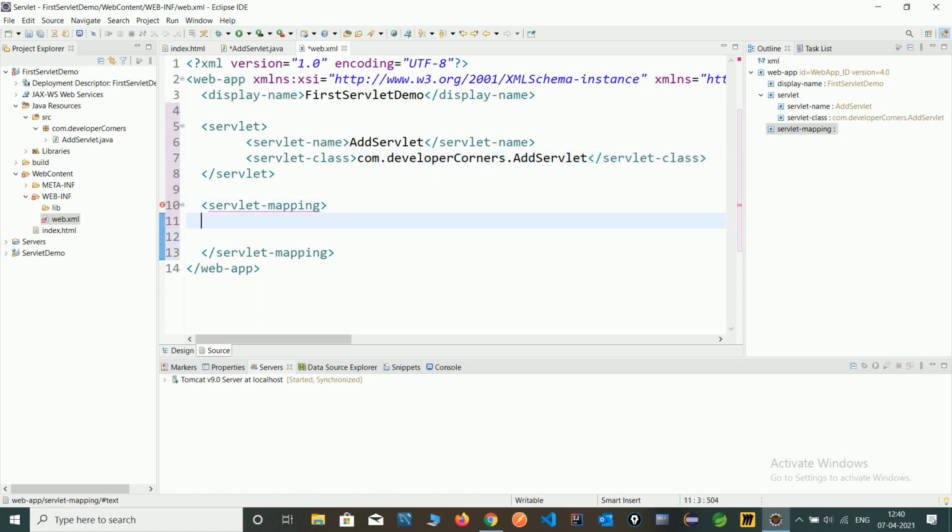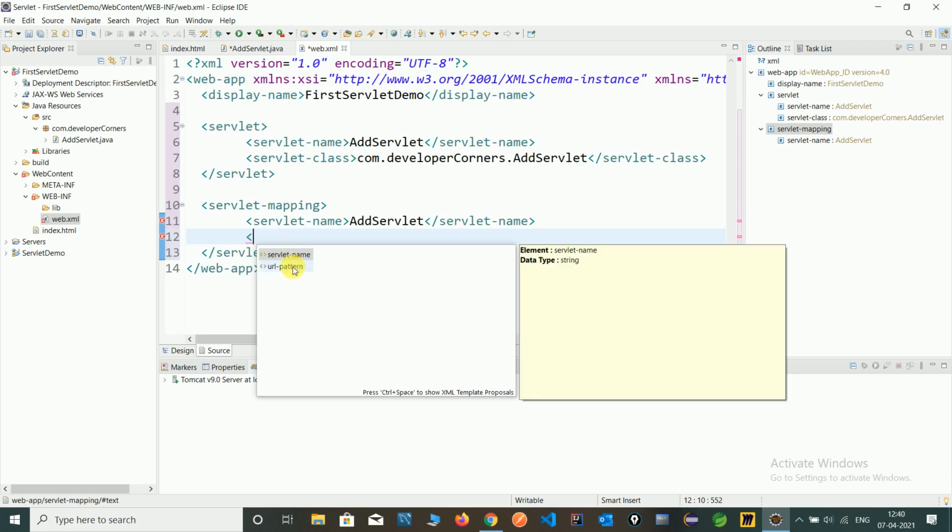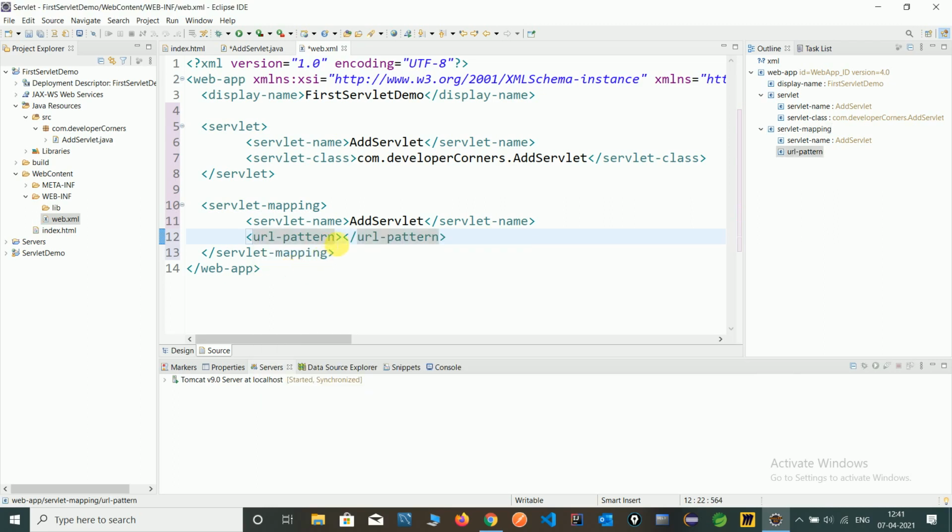Also in servlet-mapping, give the name AddServlet, which is the same as in the servlet tag. And here you have to give the URL pattern. So what was the URL pattern? We have given add. Let's recheck.